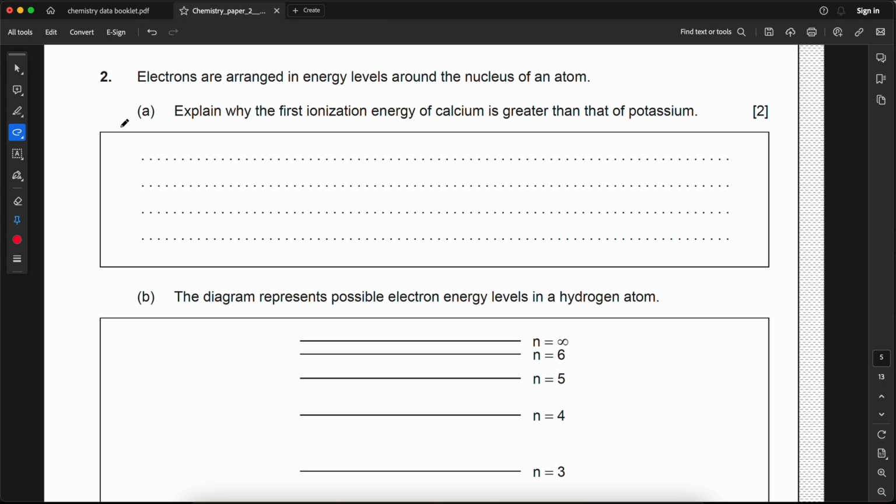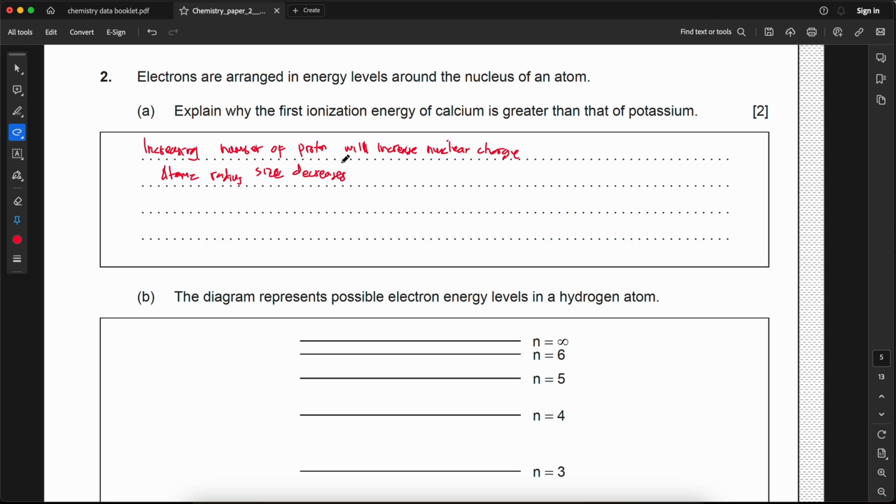So increasing the number of protons will increase the nuclear charge, and the atomic radius, or size, decreases. So the number of protons of calcium is greater than potassium, as potassium comes from group 1 and calcium comes